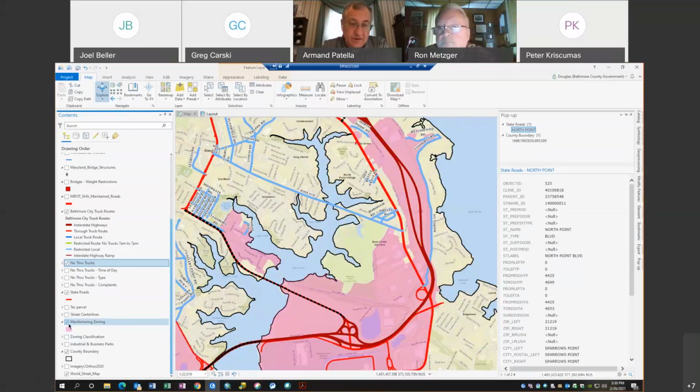A quick count shows about a dozen trucking companies that are domiciled in the quote unquote Edgemere Avenue area, but I don't believe that they're active terminals. That area is very confusing, especially to outside truckers not familiar with the geography. So I would submit they end up there because they just plain make a wrong turn. I agree, and that's why signage is so important. But I see the tripwire as the county versus the state, and that's why we need them in here with us.